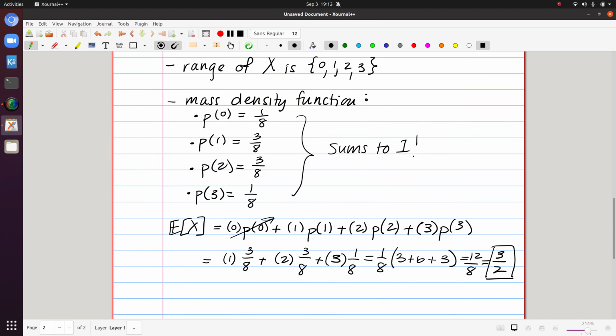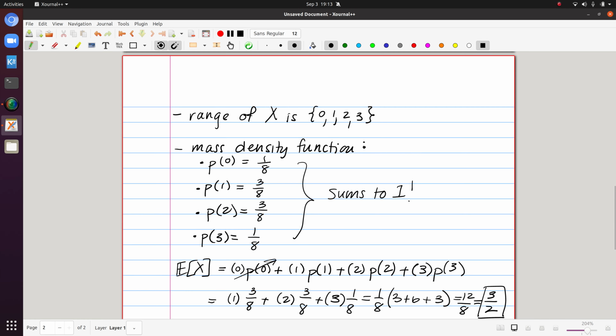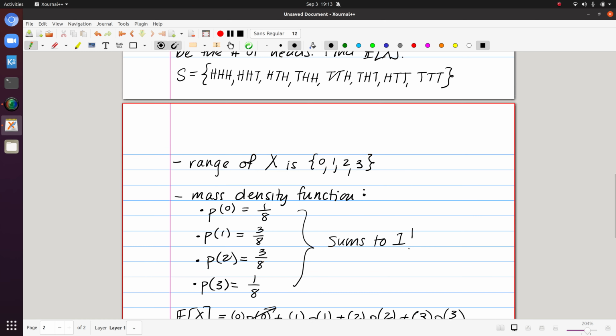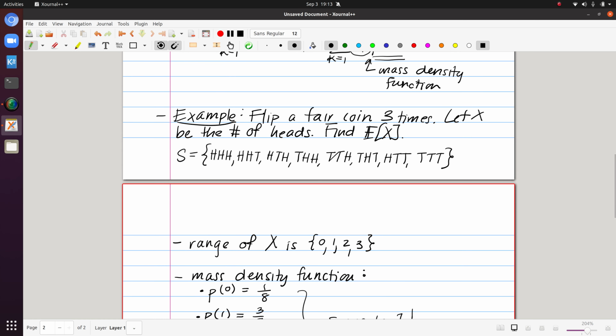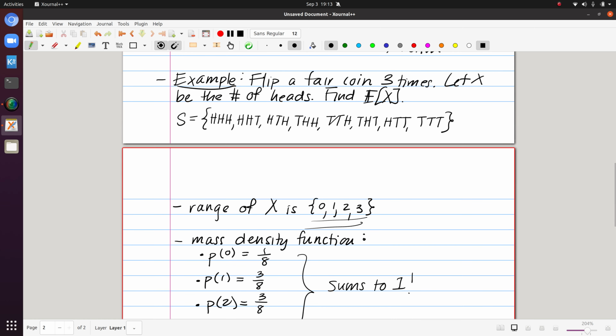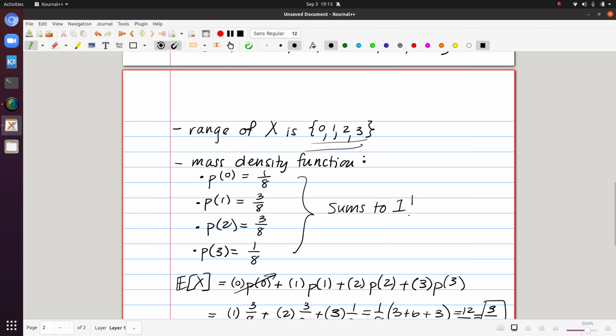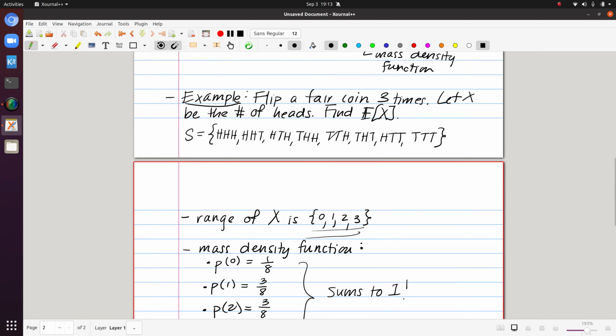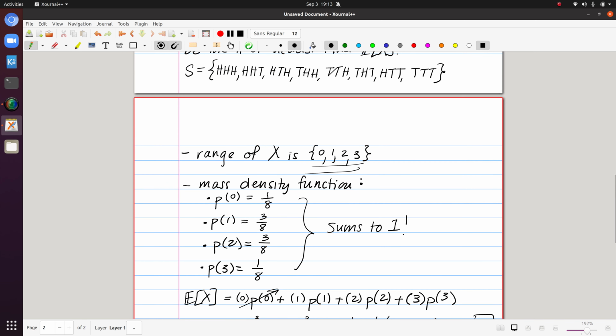And I'll point out here a common occurrence. So here I'm finding that the expected value of X is not actually a value that X can take on, right? 3/2 is not listed here in the range of X. And that's okay. I mean, we can see mathematically why that might occur. And so this is not telling us that in one occurrence of this experiment, we expect to see 3/2 of the